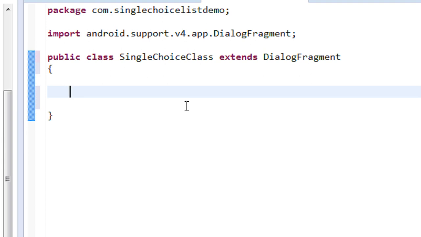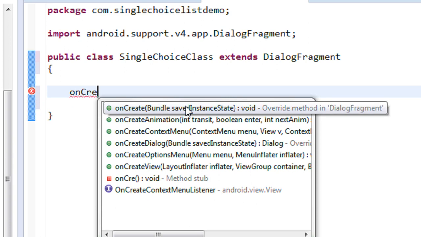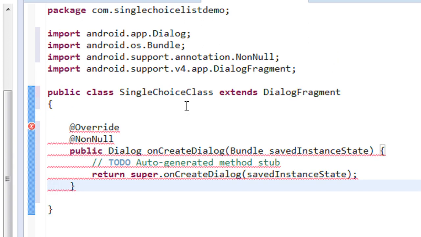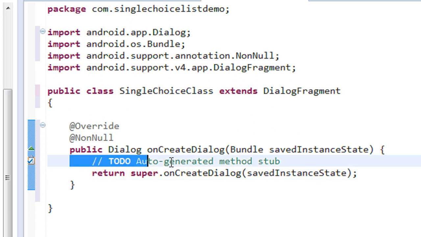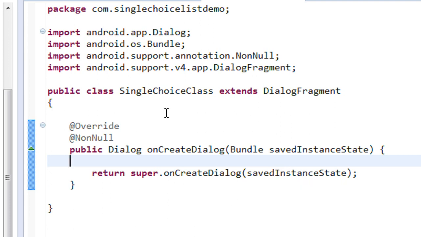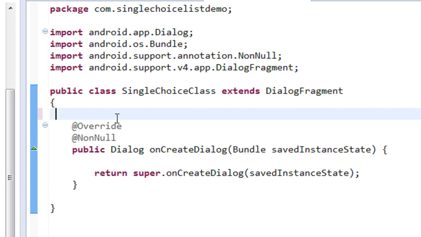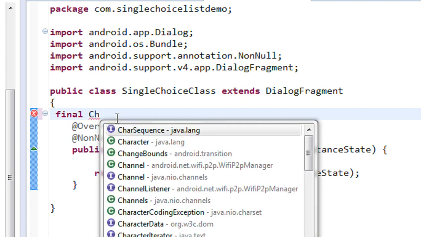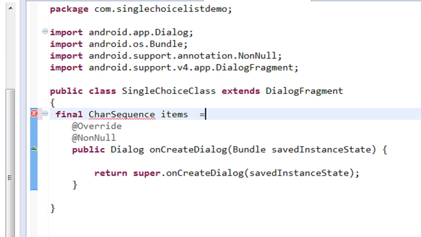Now we need some override methods to create the dialog. So here I am going to override the method on create dialog. You can create the dialog from this method. Okay, so here we are going to add some list of items into the dialog. So first we need some list of items. For that, here I am going to create an object of char sequence items equal to, here I am going to add 3 items,